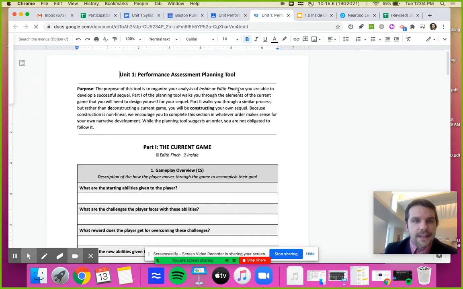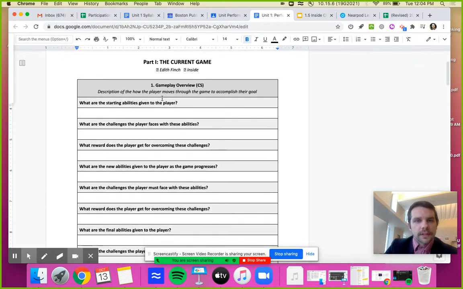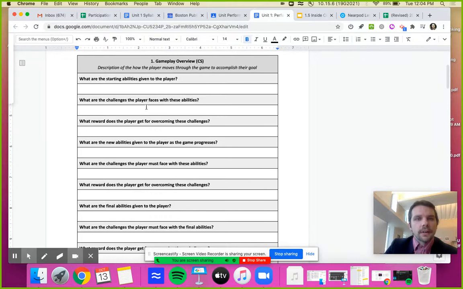Because construction is nonlinear, we encourage you to complete this section in whatever order makes sense for your own narrative development. While the planning tool suggests an order, you're not obligated to follow it. So let's say that I was doing Edith Finch. I would, if I understand this correctly, write down here any notes that I had about the gameplay overview of